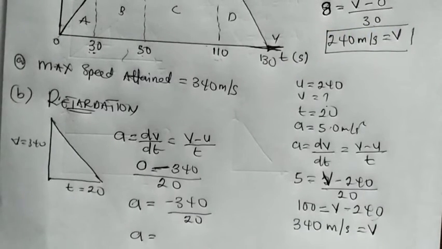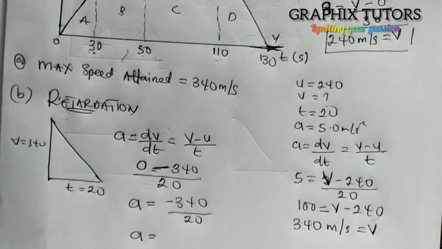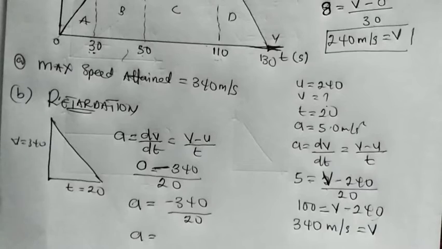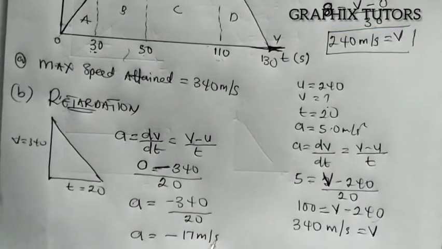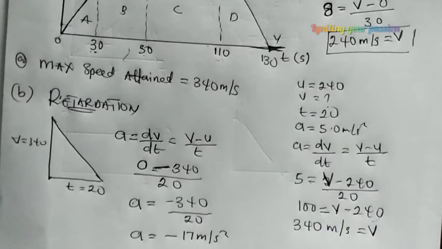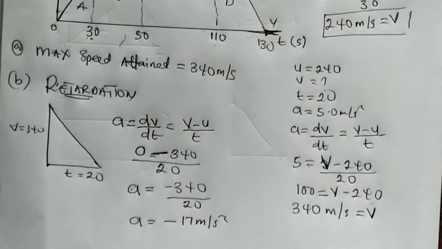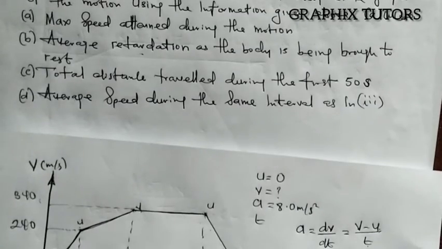340 divided by 20 will be 17. So acceleration will be minus 17 meter per second square. So the negative is telling us that what? It is decelerating, right? So the next thing that we are told to do here is that the total distance